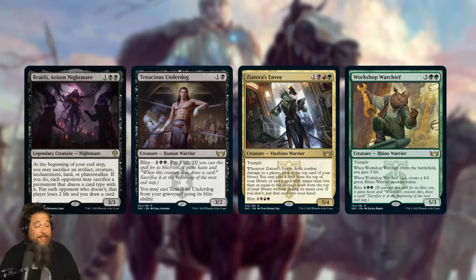If you have Braids going though, you can stack your triggers in a way where you sack your Blitz creature to Braids rather than sacrifice it to Blitz. So really easy example, Tenacious Underdog: you Blitz it into play, you smash your opponent for damage, you go to your end step, well, you sack your Tenacious Underdog, and your opponent either sacrifices a creature, or if they don't sack a creature, then you get to draw a card,